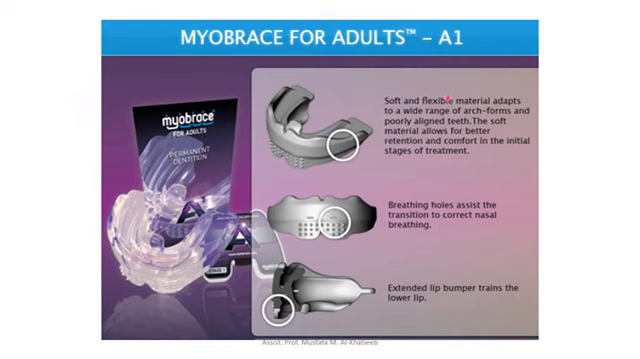The A1 soft flexible material adapts to a wide range of arch forms and poorly aligned teeth. The soft material allows for better retention and is comfortable for the initial stages of treatment, while the breathing holes assist the transition to correct nasal breathing, and the extended lip bumper trains the lower lip. This is the extended lip